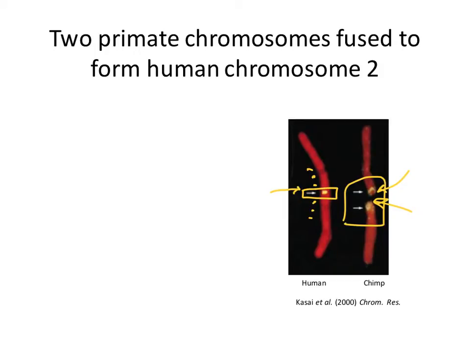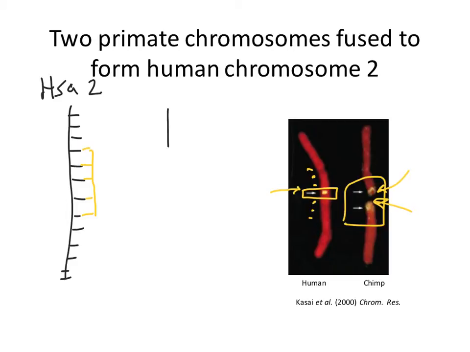So to be a little bit more explicit, if we have human chromosome 2, Homo sapiens HSA chromosome 2, if we have a FISH probe that hybridizes across part of our human chromosome 2, and if we're saying that chimpanzee chromosomes are identical in sequence to our human chromosome 2, or very similar in sequence, then that same FISH probe would still hybridize to part of the top chromosome, and other copies of that same FISH probe